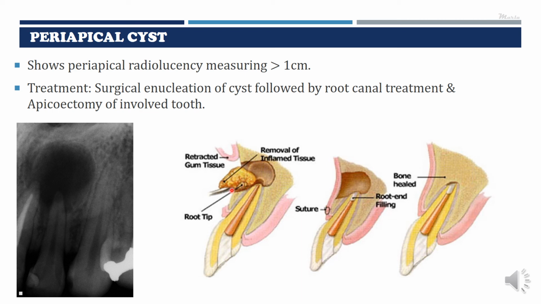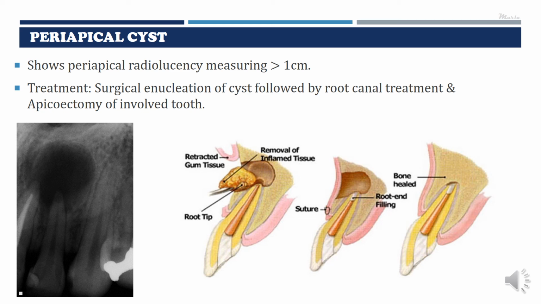A window is created similar to what we do for periapical granuloma, following which the entire cyst is removed in toto, following which apicectomy will be done, wherein the root apex is amputated so as to remove any residual infective material. This area is filled with the root end filling. Root canal treatment is continued in the normal way and the tooth restored.